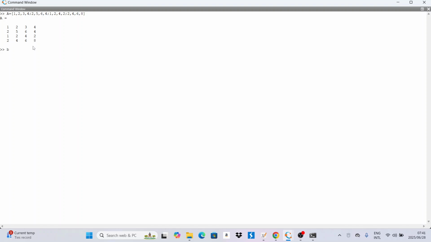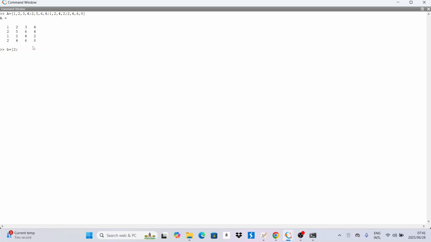Let's say B is going to be equal to, then let's say maybe we have 2. Each and every value is separated with a semicolon, because this is our vector.